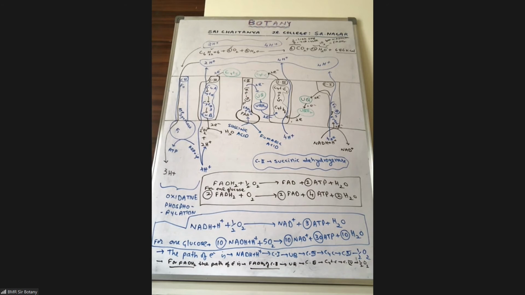Remember, we have 2 ATPs net gain from glycolysis. We also have 2 ATPs net gain from the TCA cycle, but those were by SLP, substrate level phosphorylation. The balance sheet of ATPs, when we make it at the end, that time we will discuss that, which is not there now.